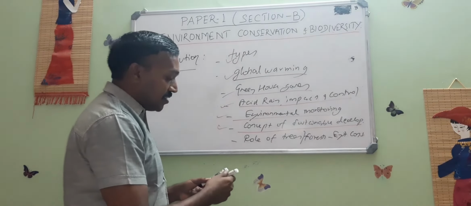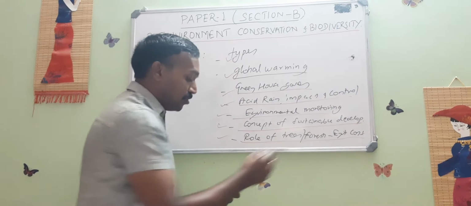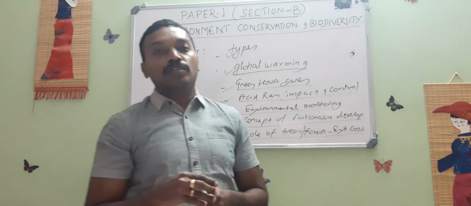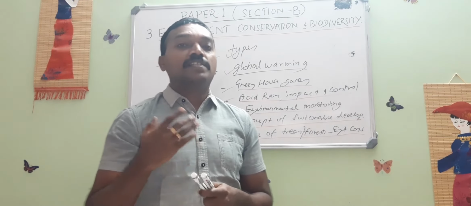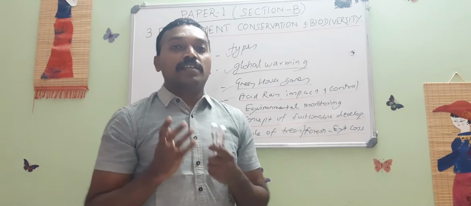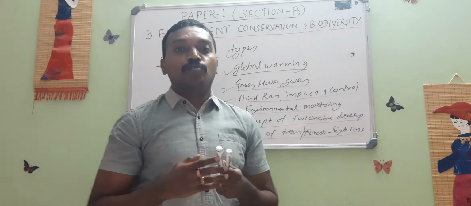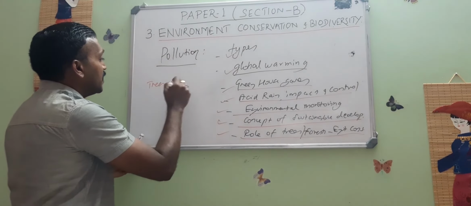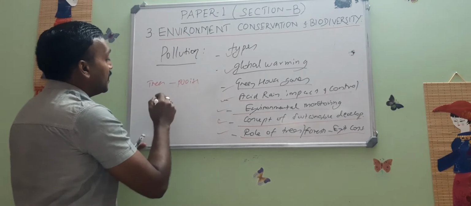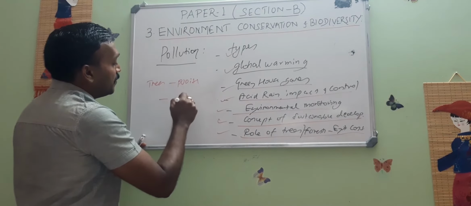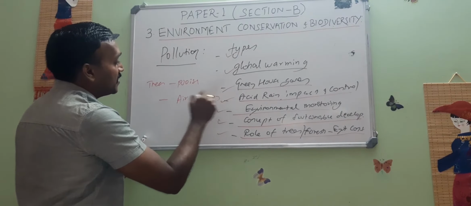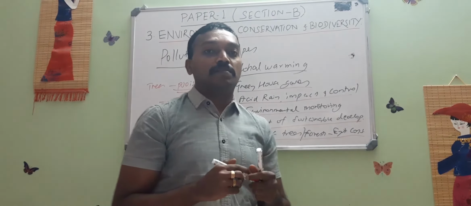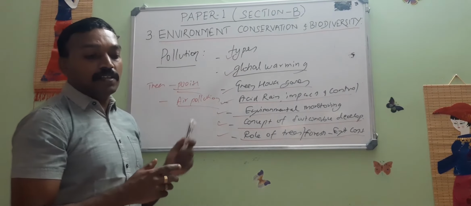And role of trees and forests in the environmental conservation. So using the biological resources, that is one of the best strategies to deal with the pollution. And there are so many research already conducted in the country which have given the list of trees which are able to protect the environment, like the trees used for preventing noise pollution, and trees that help in preventing the air pollution, maybe absorbing dust and all. So this significant role of trees and forests, especially in conserving the environment, mainly preventing the pollution, will be dealt